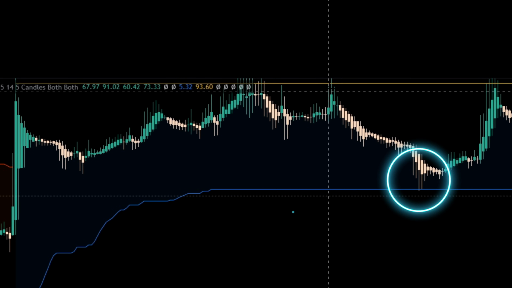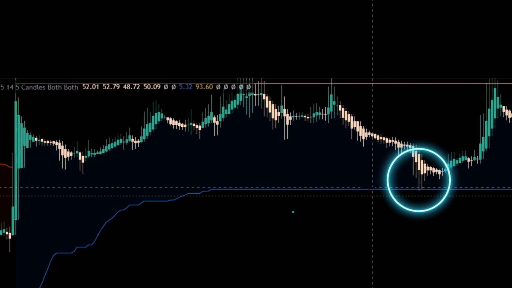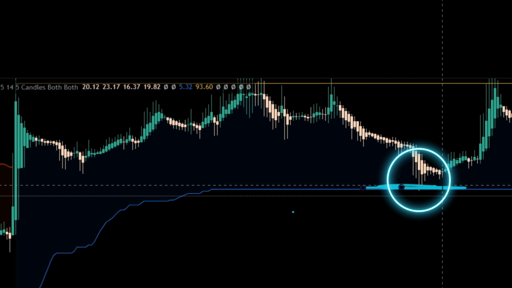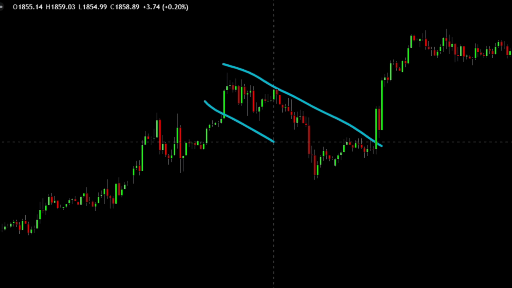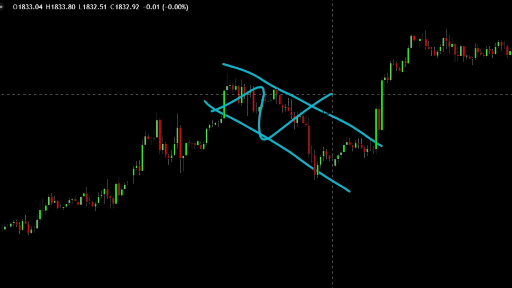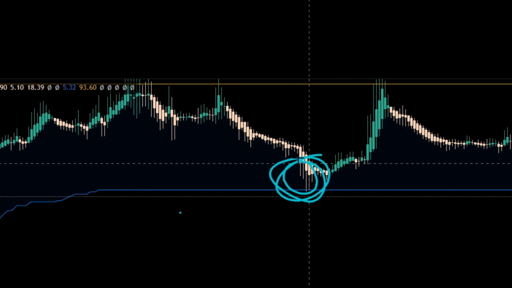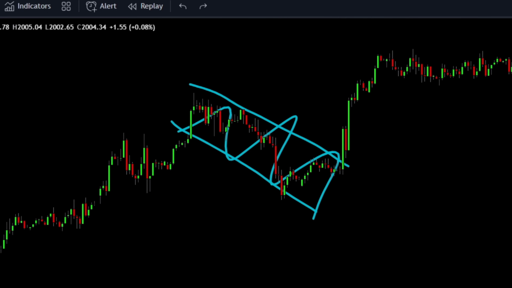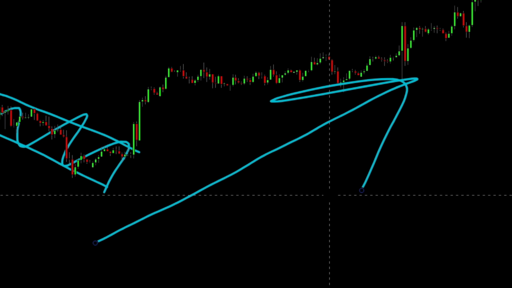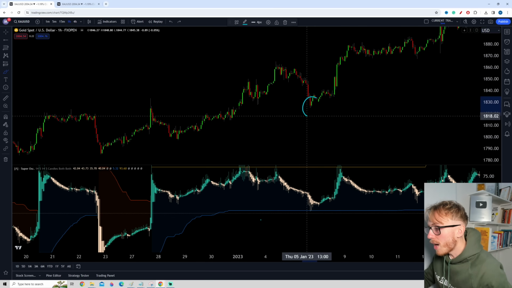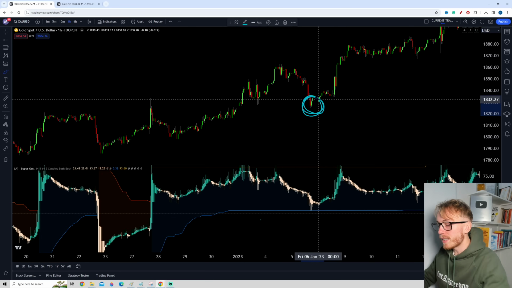So as you can see, in this case, the indicator came down here towards the blue line, and the bounce right here indicates the end of a potential pullback. So you can see right here we have a pullback. This signal indicates the potential end of this pullback, and in other words, the continuation of the trend towards the upside. But to actually trade using this signal right here, we need to look out for one more thing, and